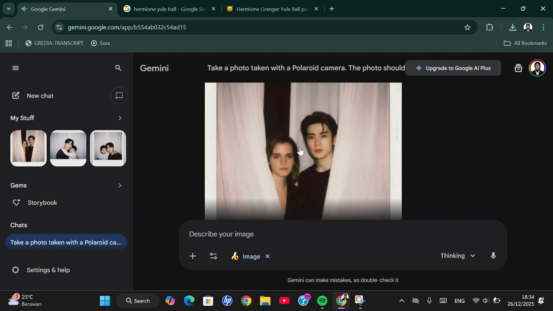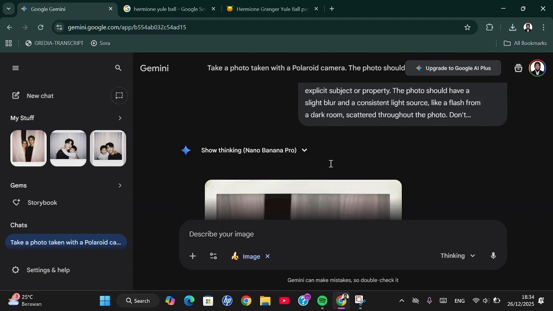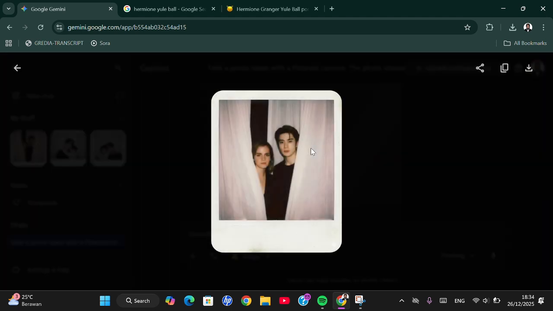Oh, it's a little bit blur because the photo is also blur, and yeah, not bad. It's cool. It's real. I mean, the face doesn't change. Okay guys, and that's how you can do a picture with